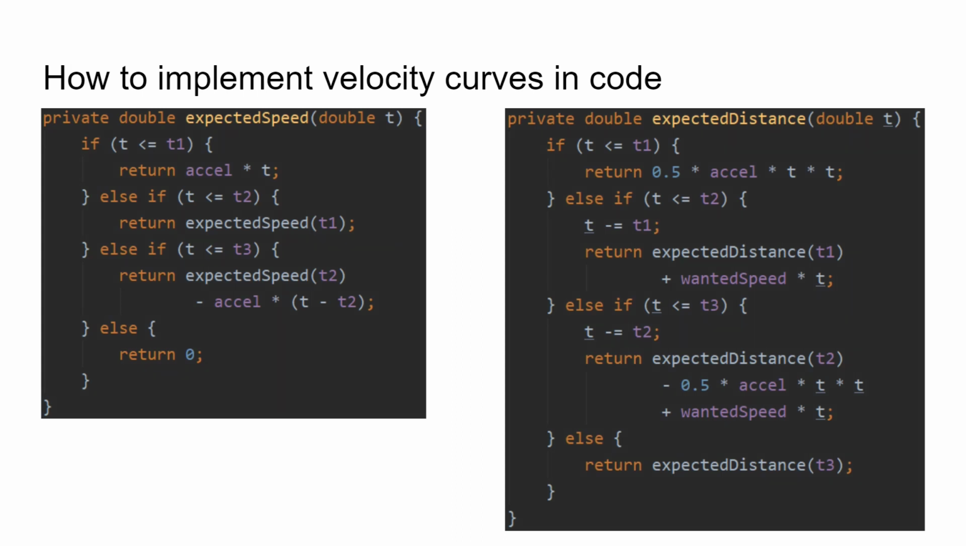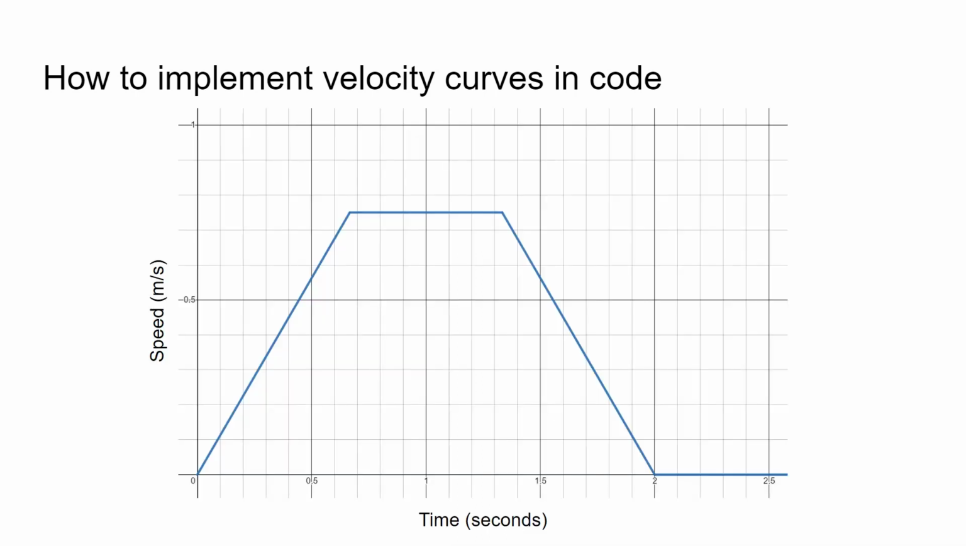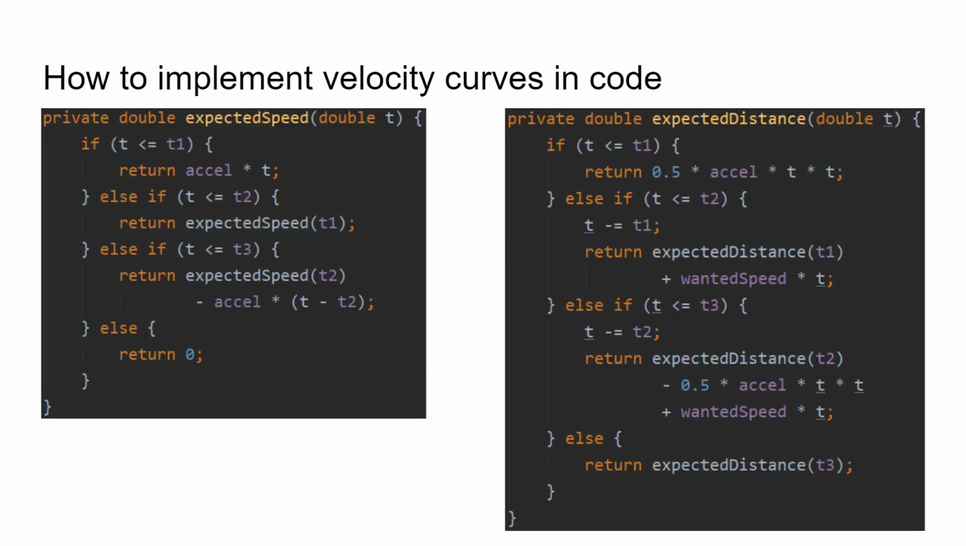Okay, so how do we actually implement this in code? Well, first let's take a look at the expected speed function here. Same kind of idea as the expected speed function before. We give it a time and it returns to us the speed we're supposed to go at that time. The difference is it's more complicated because we're trying to make it represent this trapezoid here. So just to quickly go over the nitty-gritty details of making this trapezoid,